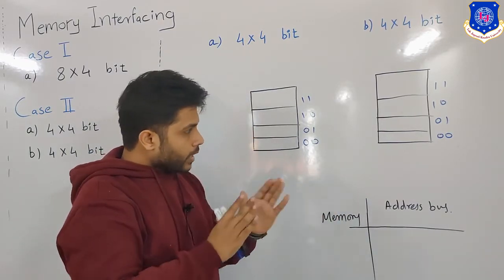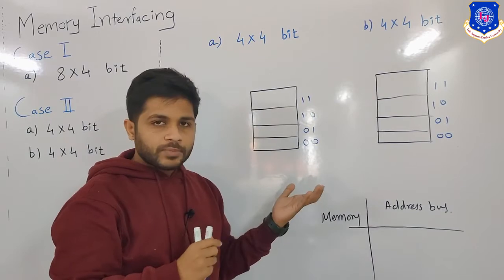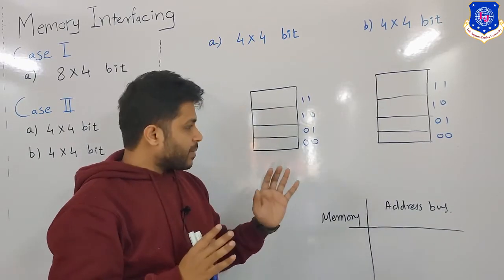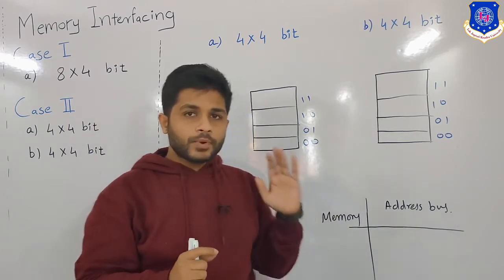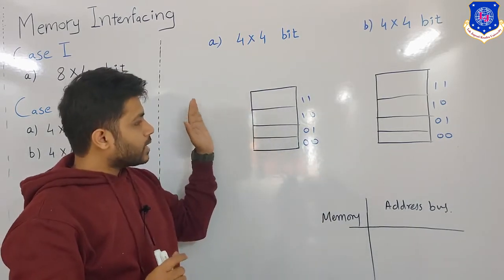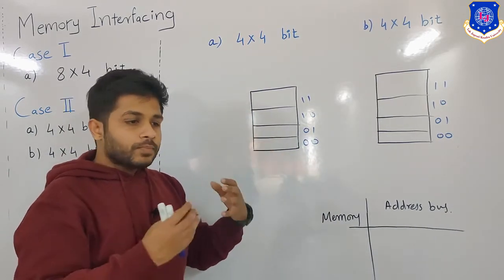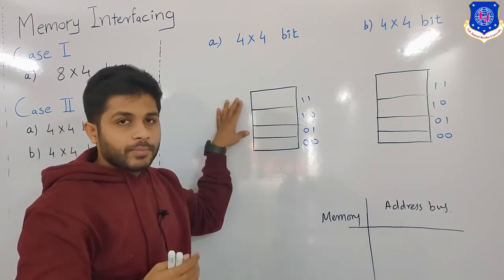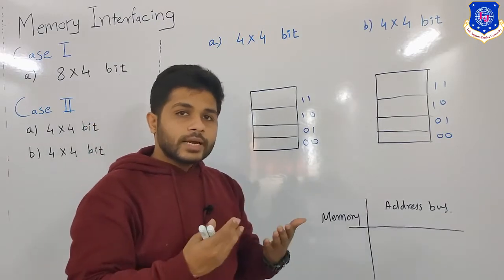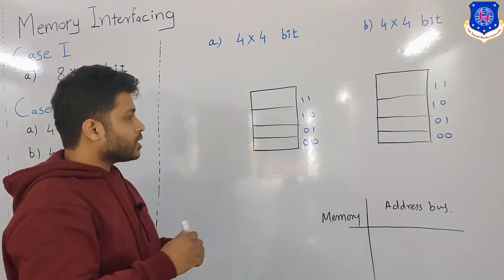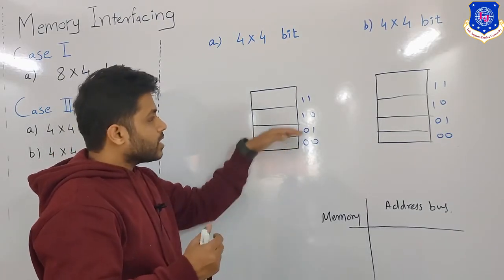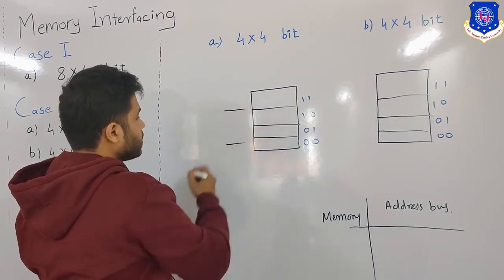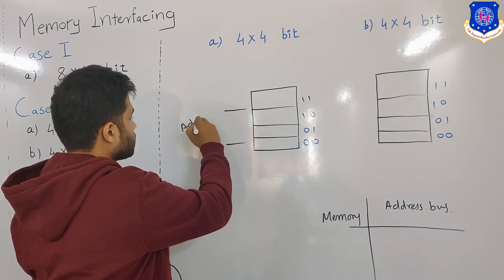Now we have to connect the microprocessor with the memory. We have to interface the microprocessor with the memory. The first thing we will provide is the address bus. So my address bus, which is coming out of the microprocessor, will be connected to the memory. Why do we use the address bus? Using the address bus, the processor can access locations in the memory. So the first thing we need to provide is the address bus.